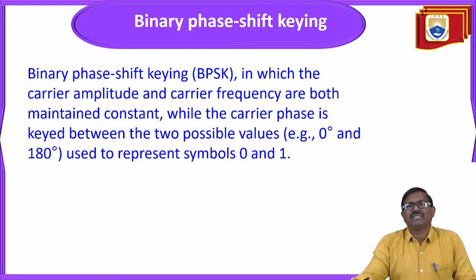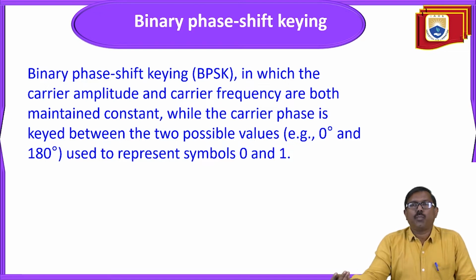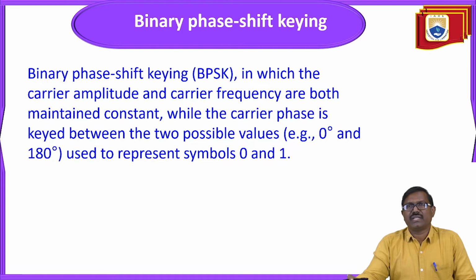So here the phase has two possible values, that is 0 and 180 degrees. That means it has the opposite phase for symbols 1 and 0. For example, the phase for 1 is 0 degrees and 180 degrees for symbol 0,